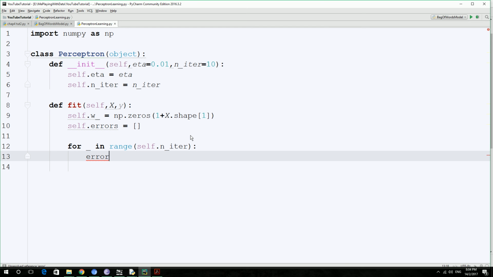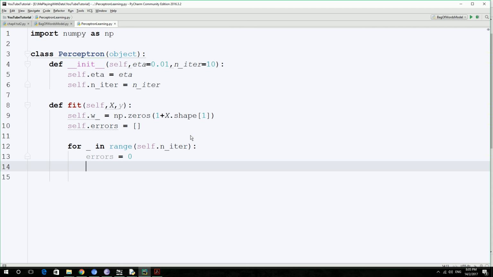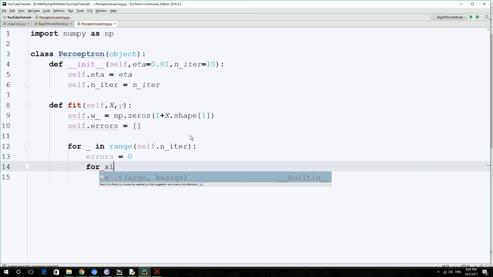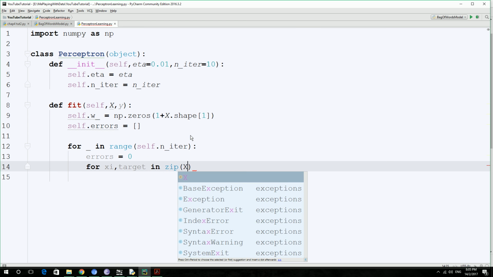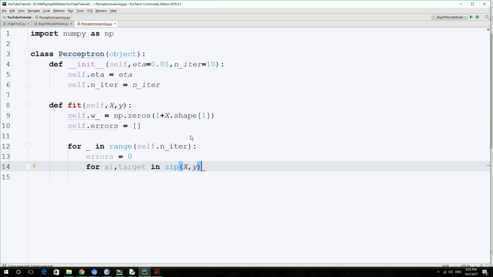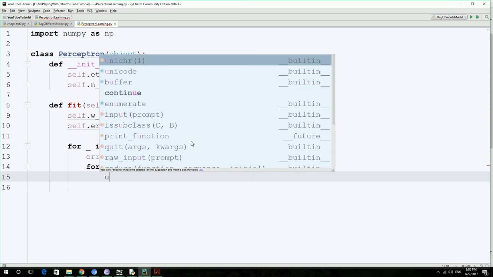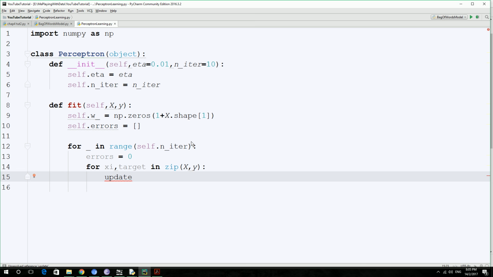errors equals 0, for xi, target in zip(X, y). So it's going to go through each and every single element in X and y. That's what this for loop is going to do. And then it's going to update equals self.eta